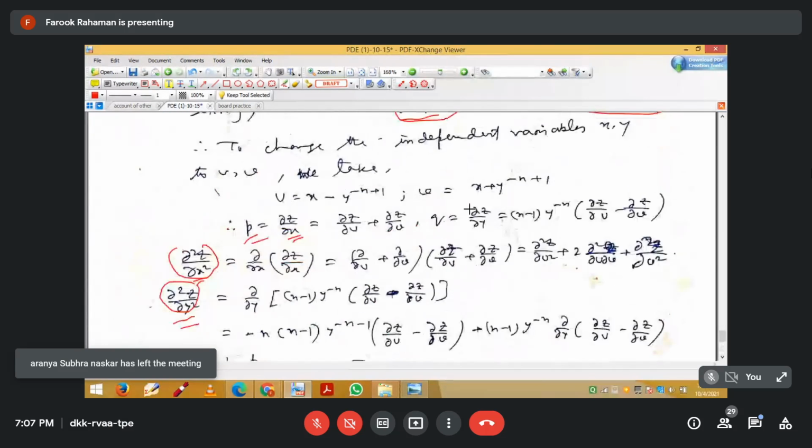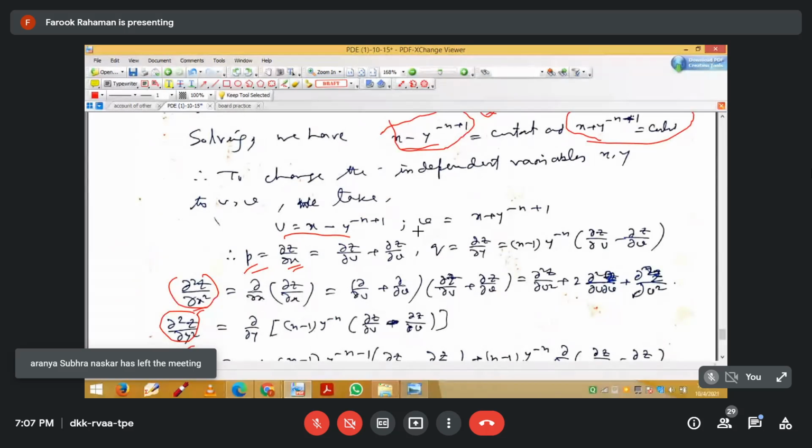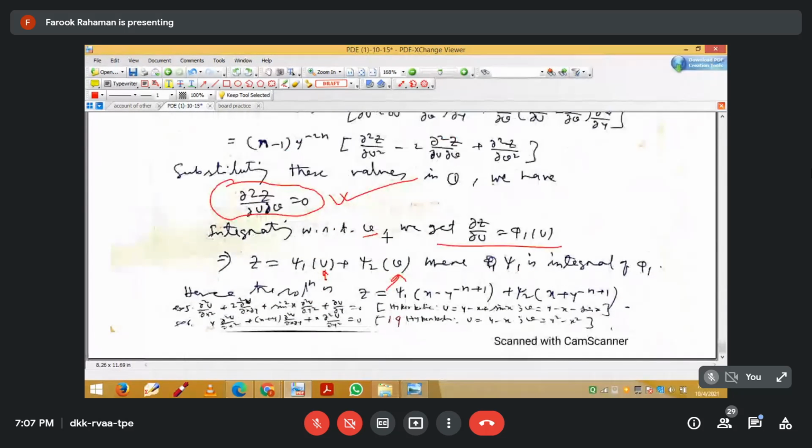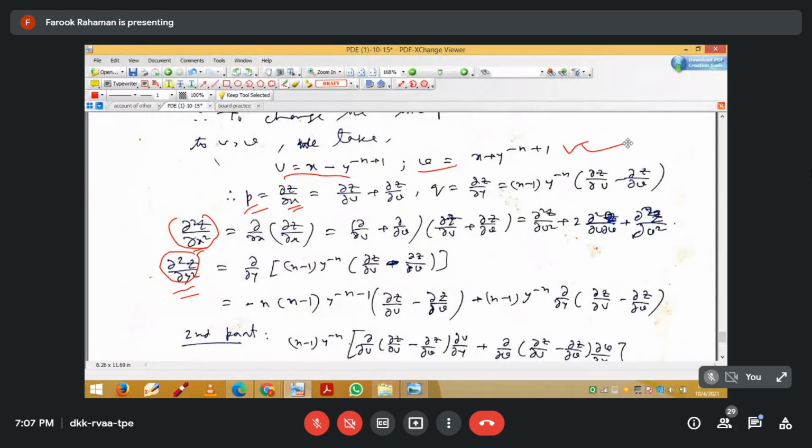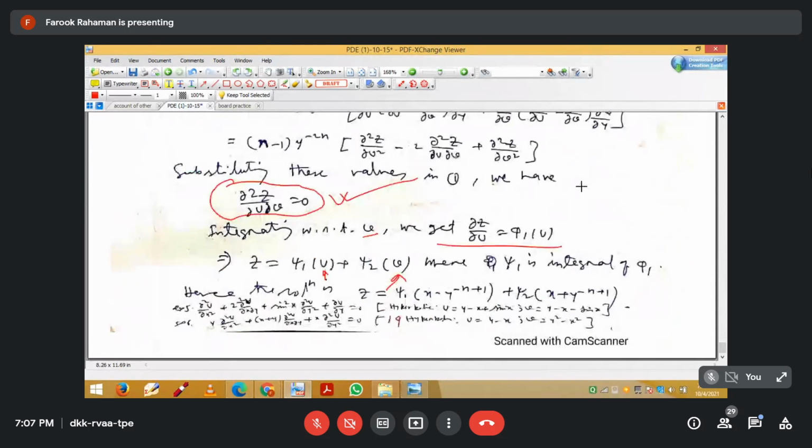What is the value of U? This is the value of U, and this is the value of V. Finally, you have to replace U and V by these. So these are the required solutions of this second order partial differential equation after transforming it into the canonical form. There are many simple examples like this, so we have to do a lot of practice to change equations to canonical form and find the corresponding solutions.